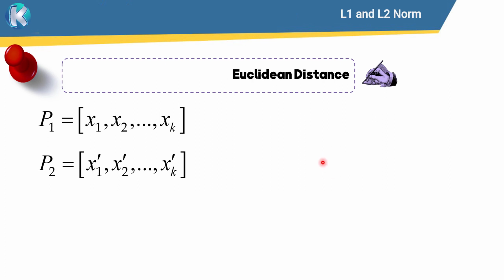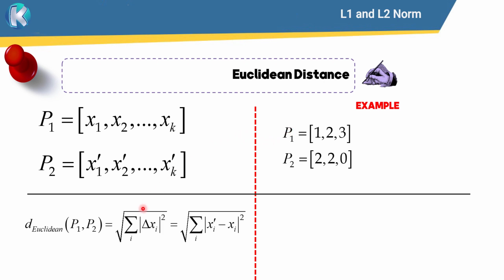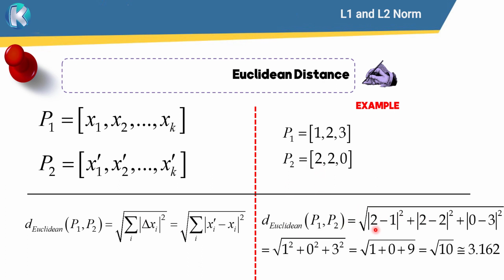But now let's talk about the Euclidean distance. The Euclidean distance is very similar to the L2 norm. You can see that it is the square root of the summation of the absolute value of delta xi to the power of 2. For example, in this example, it is equal to the square root of the absolute value of 2 minus 1 to the power of 2, plus 2 minus 2 to the power of 2, plus 0 minus 3 to the power of 2, which if you calculate all this, you can see that it is approximately equal to